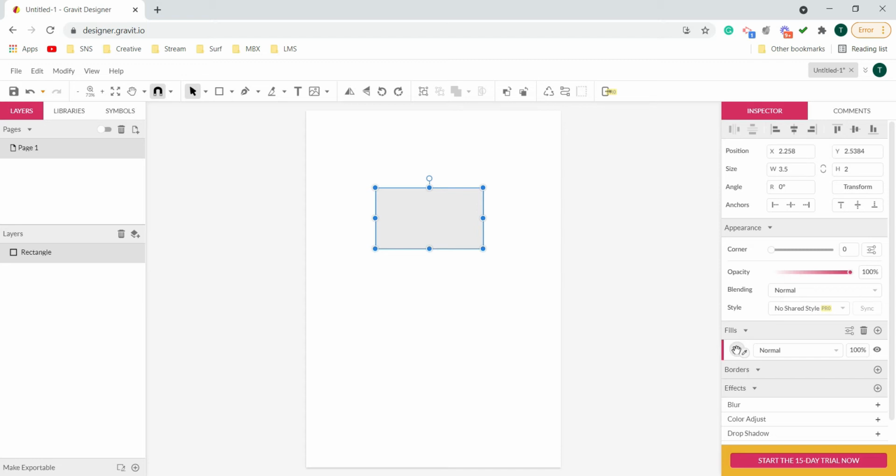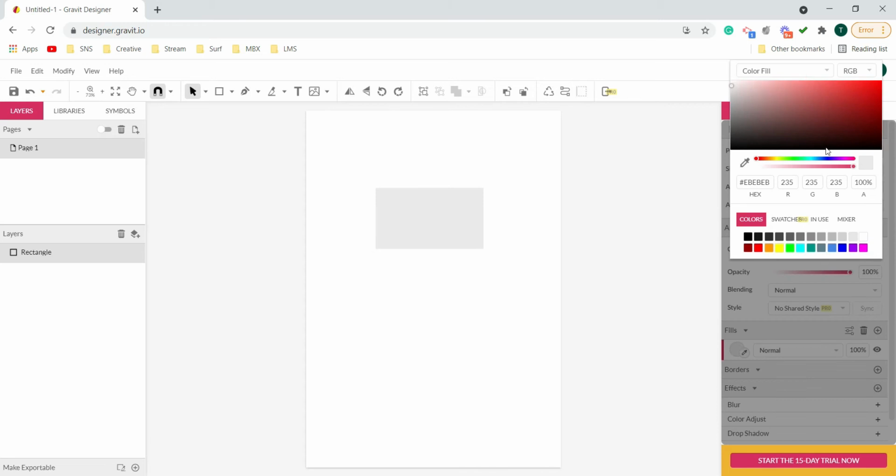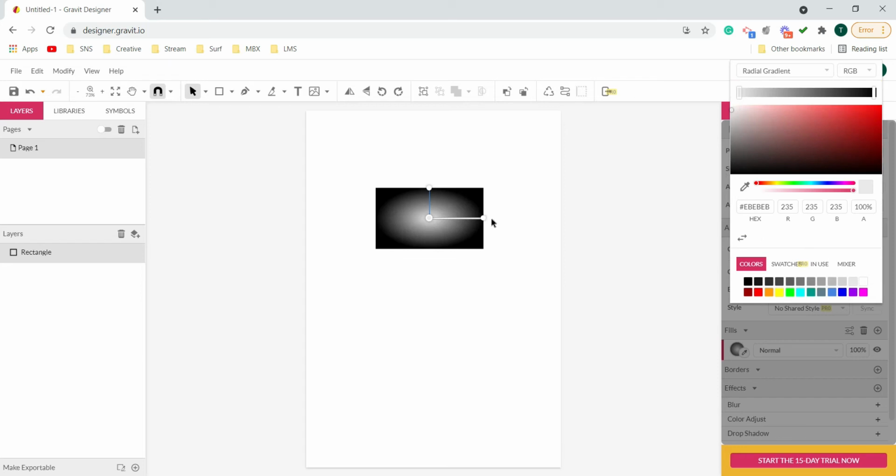Come to the fill part and I'll click on this, which will open up the color palette, and from the standard color fill menu I'll choose radial gradient. Gradient we have already discussed earlier: it is a blend of multiple colors. So here it is a blend of this light gray tone to black.